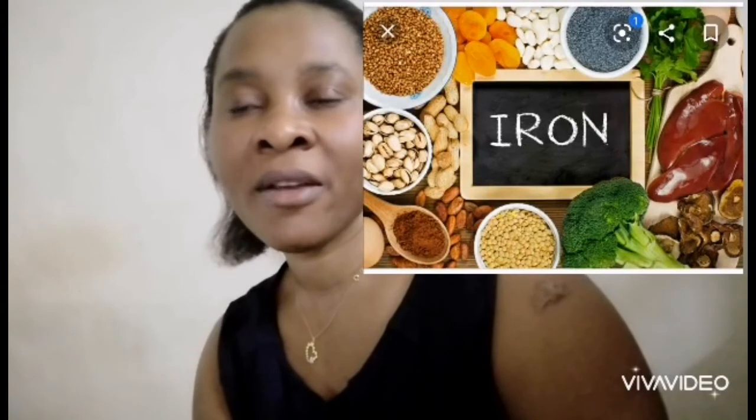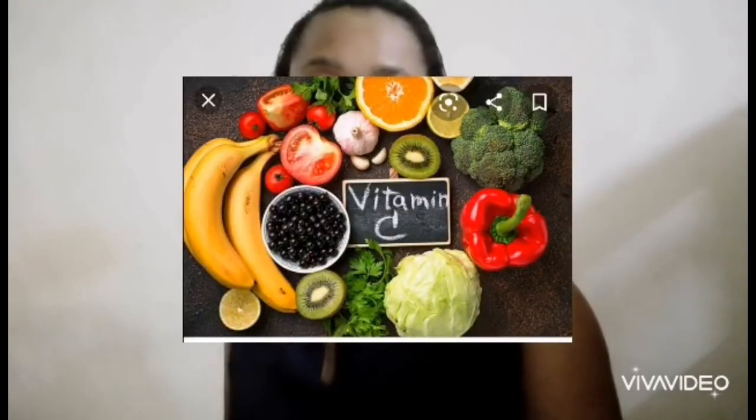Eat balanced diets that are rich in iron and vitamin C, because you may be iron deficient because of blood loss. So you will need to eat food items like red meat, fish, beans, eggs, green leafy vegetables. These foodstuffs are rich in iron. Vitamin C rich fruits include citrus, tomatoes, broccoli, etc. Your doctor will tell you if you need to take iron and multivitamin supplements.